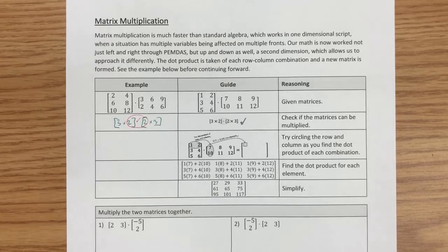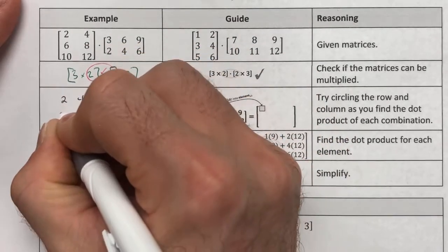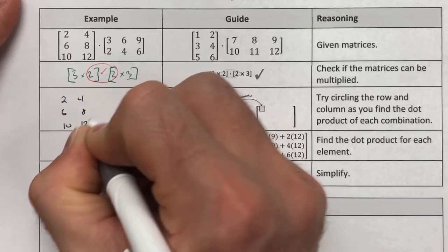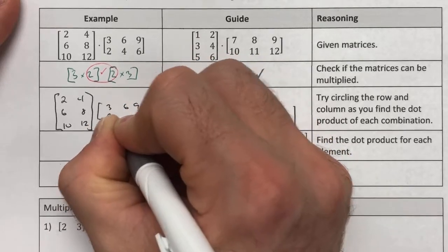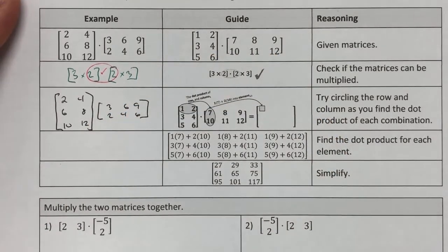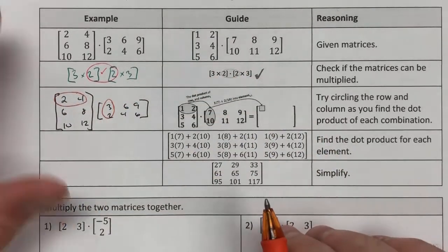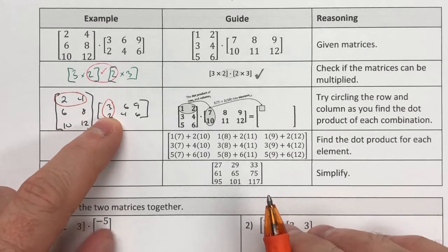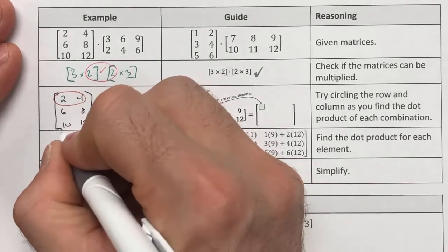So now what we're going to do is circle the row and the column as you find the dot product of each combination. One of the ways that we're going to get started with this is it's going to be helpful to say, hey, if I have a 2, 4, 6, 8, 10, 12, 3, 6, 9, 2, 4, 6, we are going to be multiplying this row by this column. Now, if this is the first row and the first column, whatever the dot product of this is going to give me my first aspect